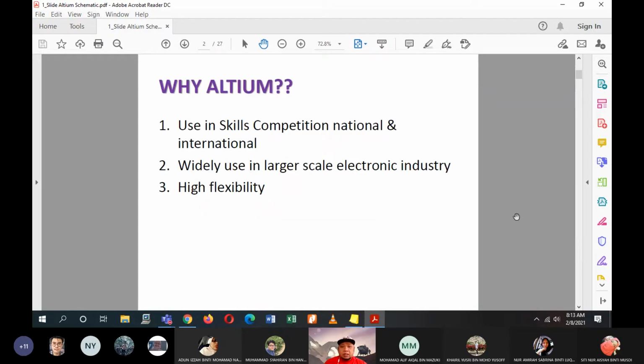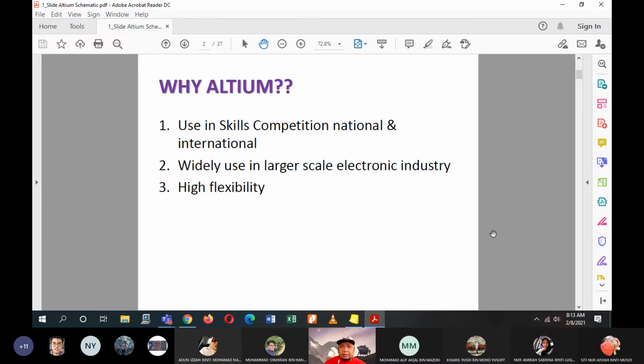Okay. So why are we using Altium? The first reason is because this software is widely used in skill competitions at national and international level. We have a lot of competitions available throughout our country, our region as well as the world.